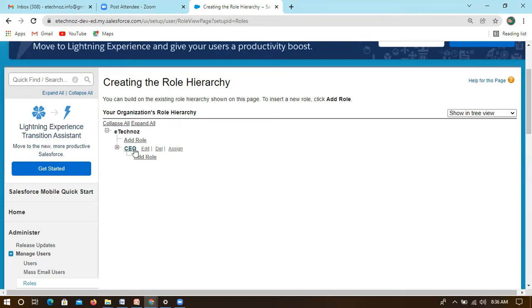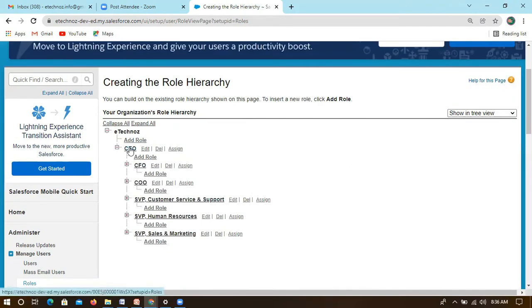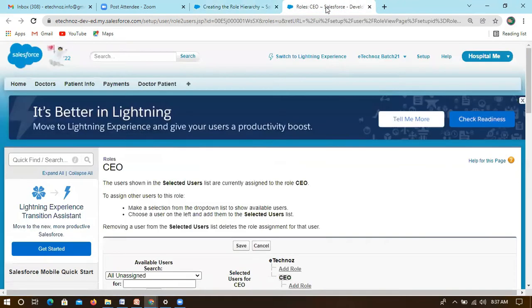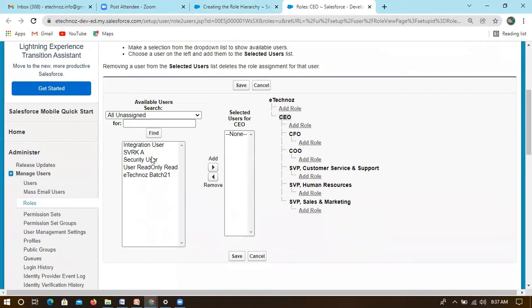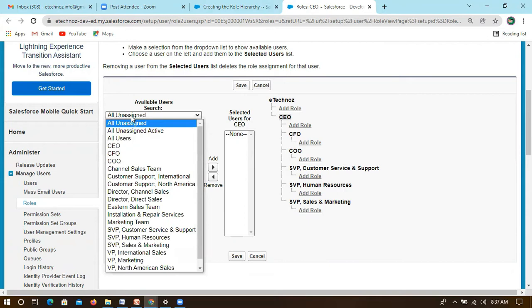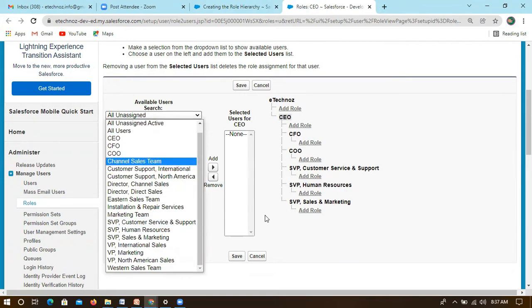And next comes the CEO. So for CEO, we can put one more user. This is one role which we created. You can see this, right, assign. CEO is available, but this CEO, there is no user, I guess. You just need to go with any user. You can assign one user, or in setup you can mention all. These are all users. You can also go with roles or something.